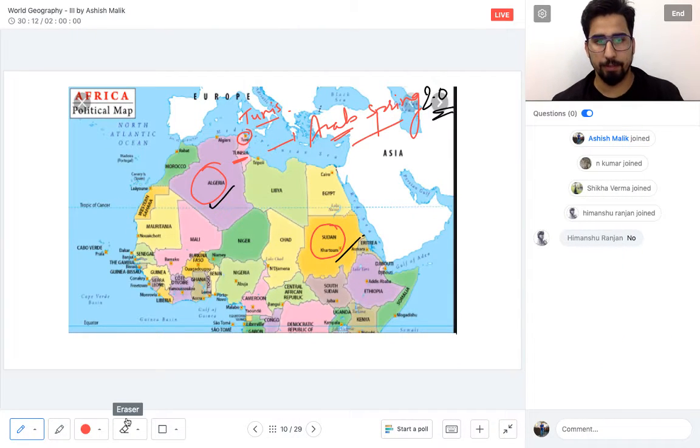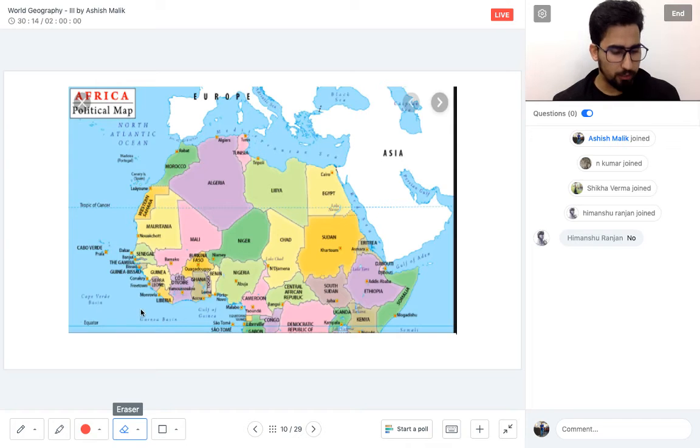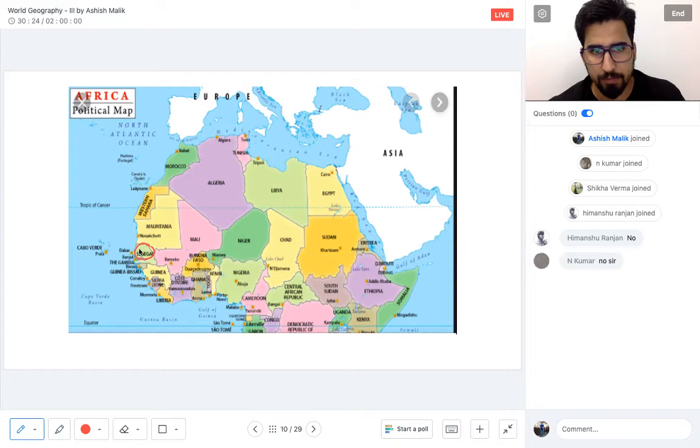So moving ahead, now please mark on your atlas the countries which are very important from your colonial point of view. So please mark Senegal. Senegal is very important. We have Guinea-Bissau, which is very important. We also have to see Guinea, Sierra Leone, then Liberia, then Cote d'Ivoire, then Ghana, Togo, Benin, and we have to mark Nigeria.